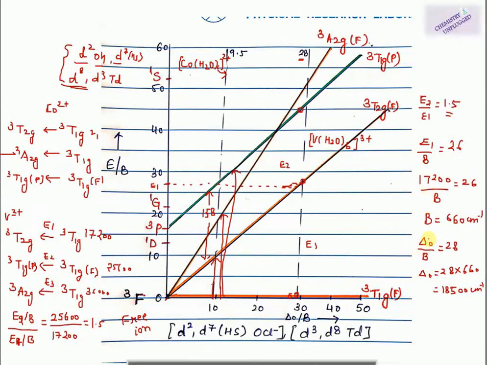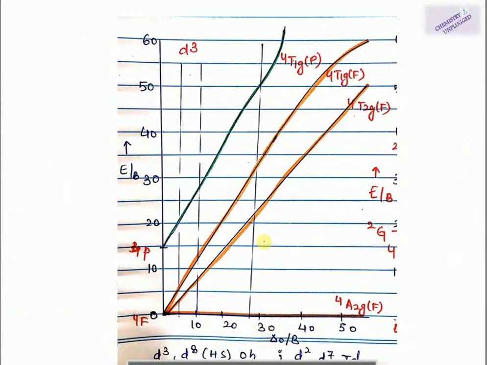Similarly, we can calculate the value of del naught and B for a cobalt complex. If we have the UV spectrum of this complex, we can identify the value of E1, E2 and E3, and using any of these two ratios, E1 upon E2, or E2 upon E3, or E3 upon E1, we can identify the value of B and del naught. Next we will take